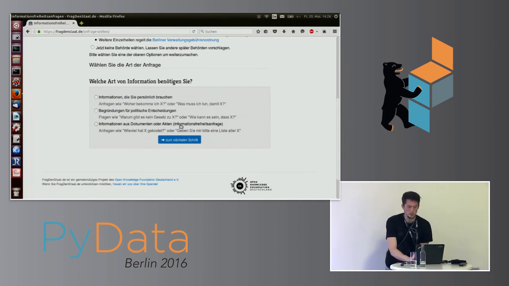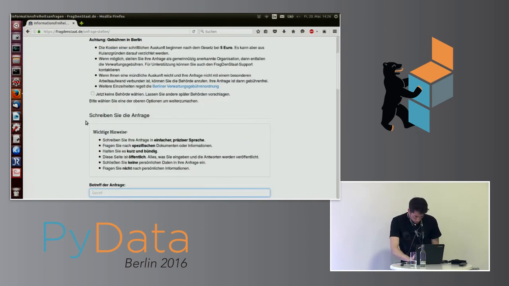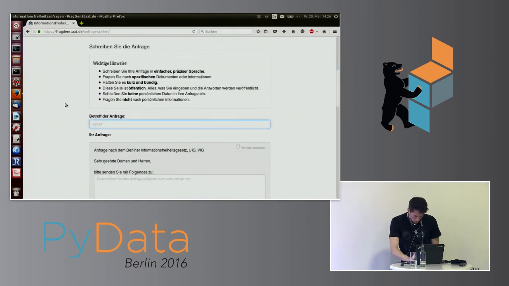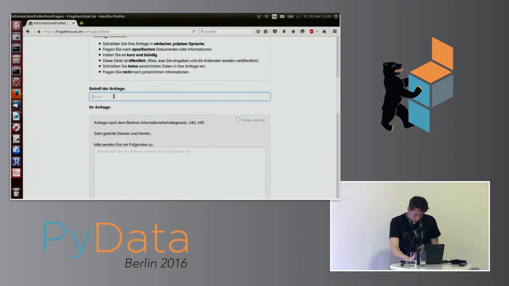Usually what you want to do is send a freedom of information request, in German an Informationsfreiheitsanfrage, so I choose this one, and now you can write something.